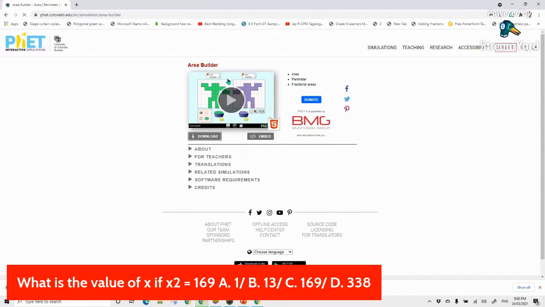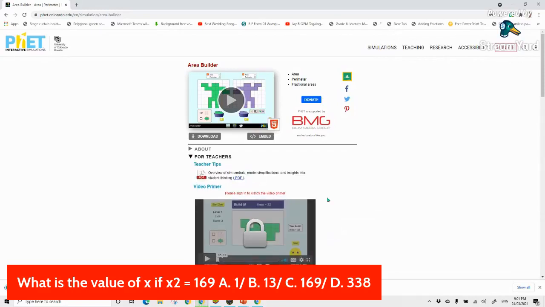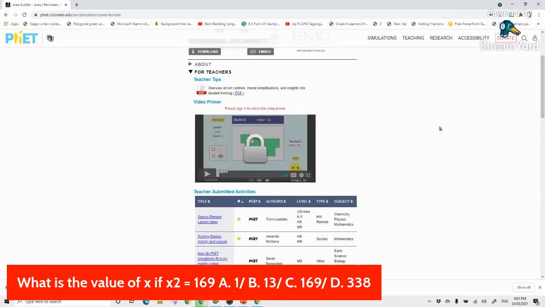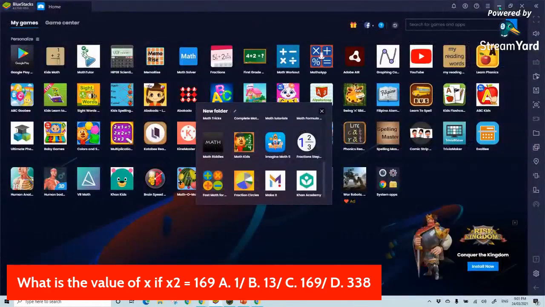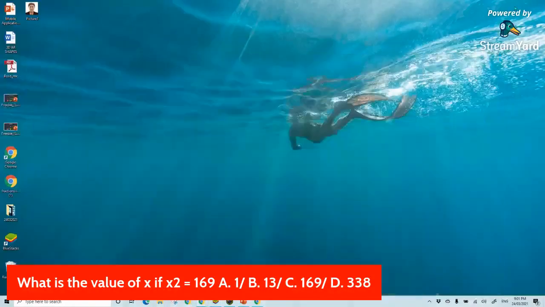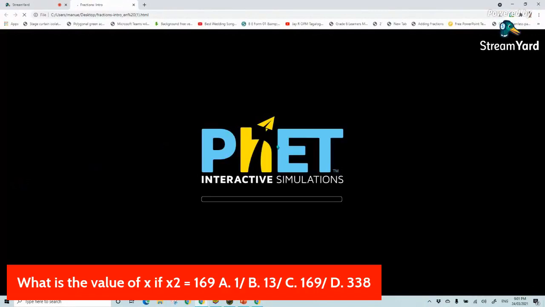Okay. So right after that, if you don't know how to use this particular simulation, it has a video here, but you need to create an account to do that. It's for free, by the way, for you to access the PDF file and the video file on how to use it. Now, I already downloaded it, so I'm going to show you now the applications that I already downloaded. So the first I downloaded is the